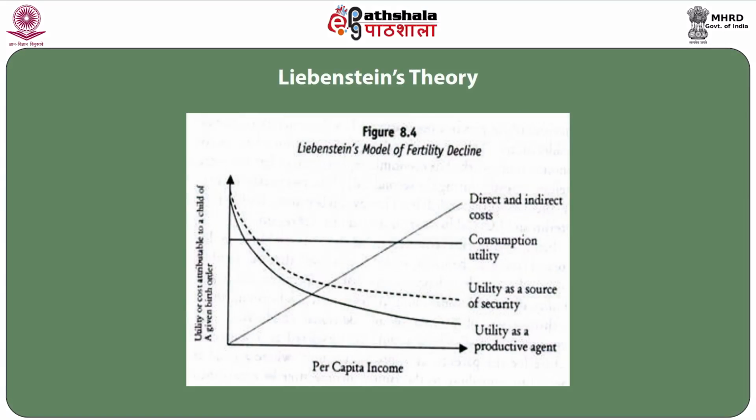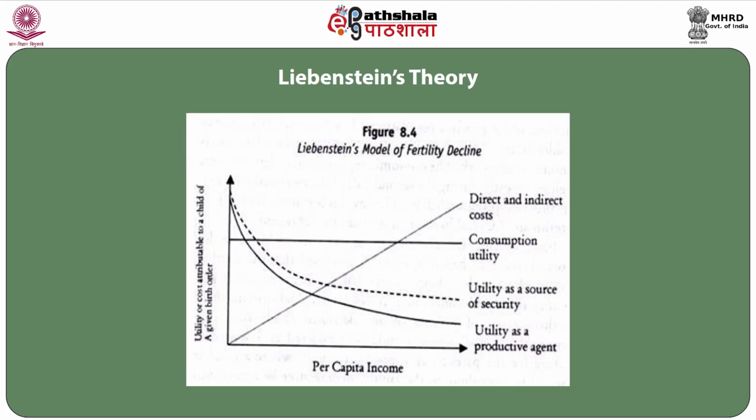If you look at the graph, you would see that as the per capita income of the family increases, and we look at the utility or the cost attributable to a child of a given birth order, with that on the y-axis and per capita income on the x-axis, the direct and indirect costs continue to rise as income rises. Whereas the consumption utility, utility as a source of old age security, and utility as a productive agent, these are the three utilities